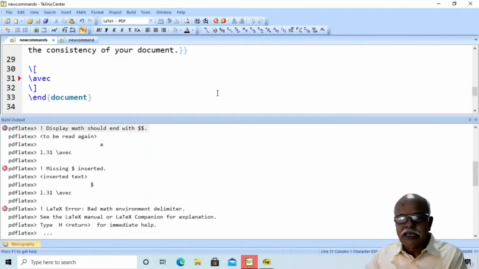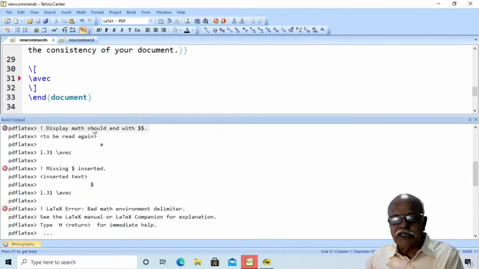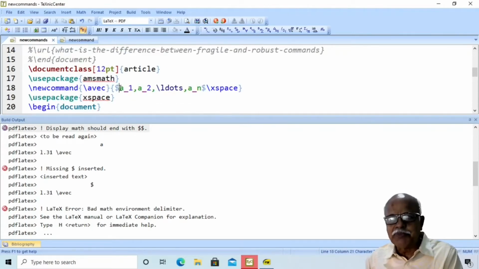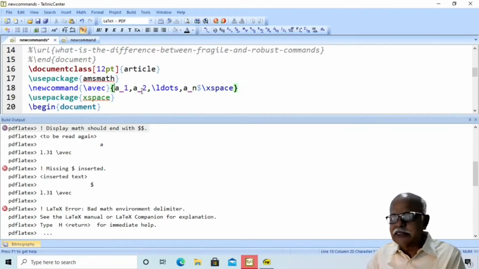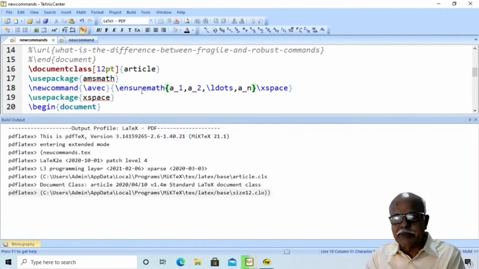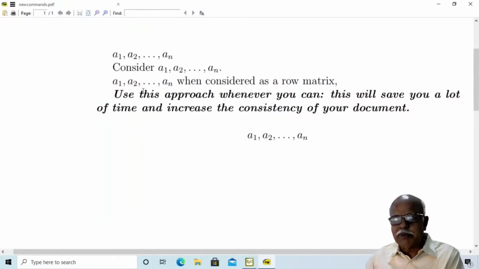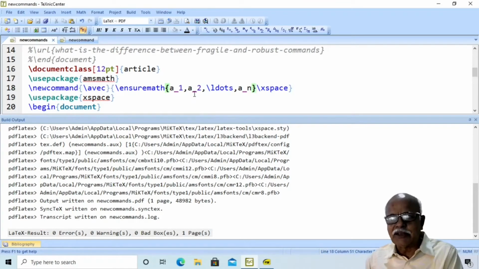Therefore, it will say display math should end with $$. To overcome this problem, you may remove this dollar here and type \ensuremath, open curly brace, and remove the dollar at the end, and then use the closing curly brace. Then the problem is solved, whether you use it inline or in display math.